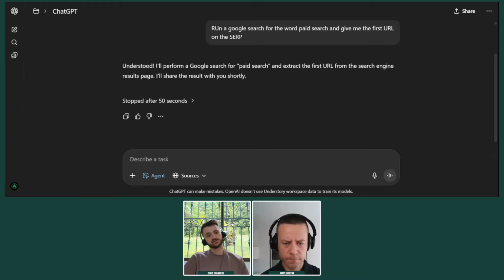A couple of really basic use cases are things like budget pacing. For example, you could give it what your budget is for the month, and it will tell you how you're pacing based on the date. It sounds simple, but what you can also do is, there are these things called tasks in ChatGPT, and that